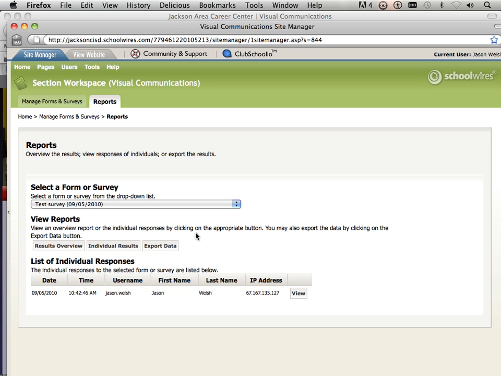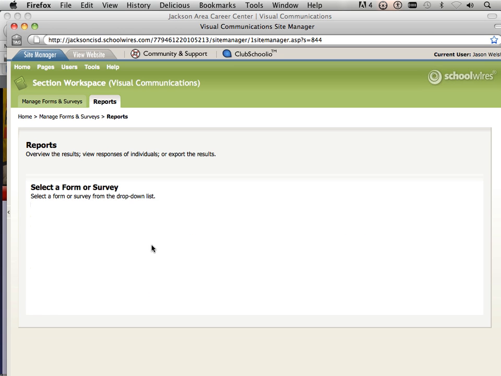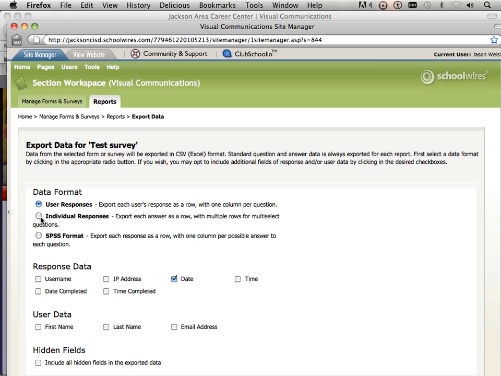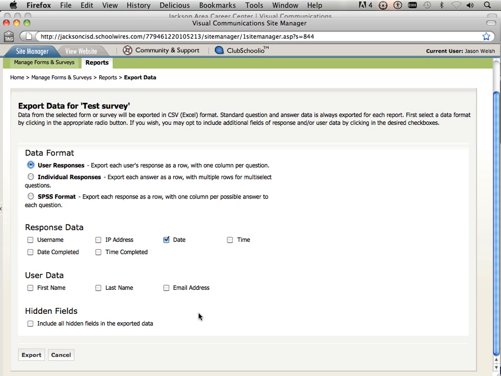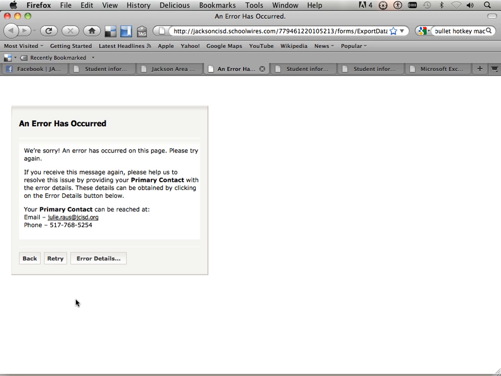And lastly, you can export data. This is the preferred state. And you can choose what you want to do as far as what export you want. User responses, individual responses. This one is the preferred state. And then down below, you hit export. And this will export it over to anything as far as like Excel,